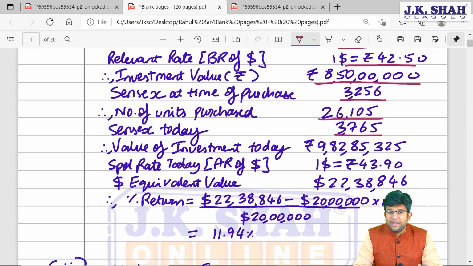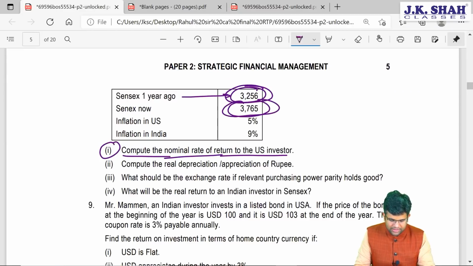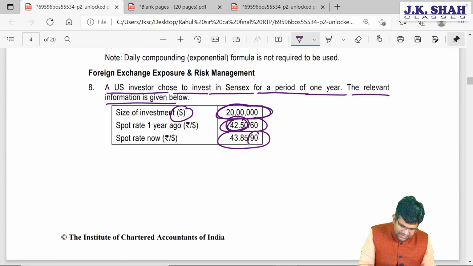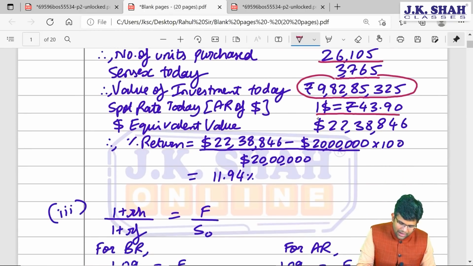So the value of his investment in rupees at the end of 1 year, that is today basically, will be 26,105 multiplied by 3,765, which gives a value at the end of first year, that is today, of rupees 9 crore 82 lakh 85,325. These rupees he will convert back to American dollars. Children, now he wants to buy dollars, correct? He wants to buy dollars, and therefore the relevant rate will be the ask rate of dollars, that is $1 equal to rupees 43.9. That is today's rate, correct? $1 equal to rupees 43.9 is the rate at which he'll convert the rupees to dollars, and it will end up at